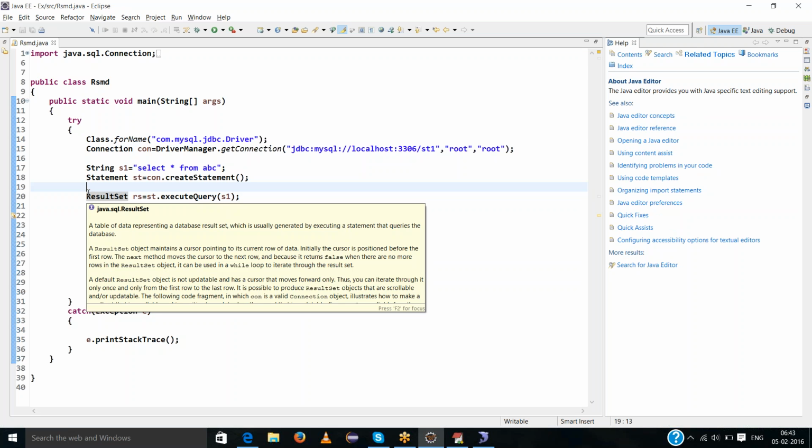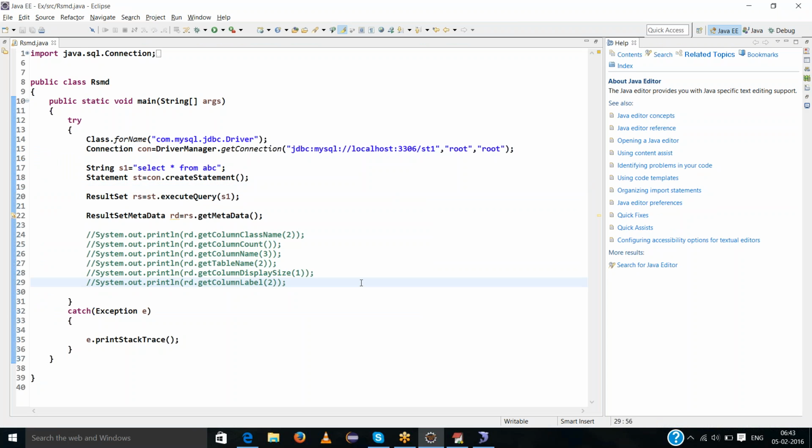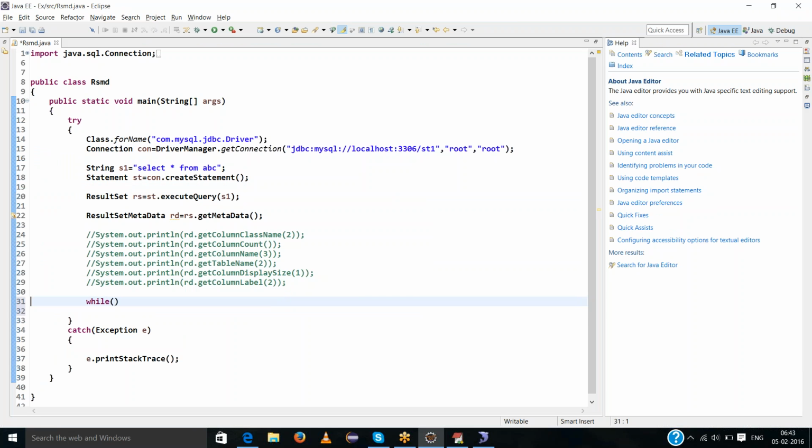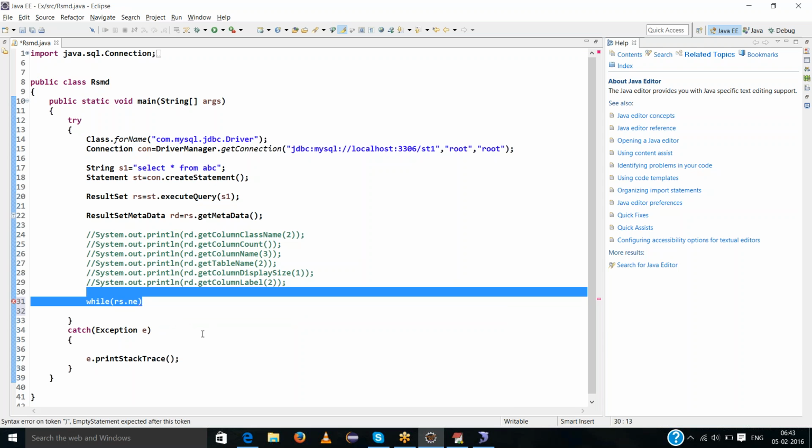Okay, Praveen. In the syntax, ResultSet while rs is equal to, what is the syntax? I will discuss it here, no problem. While rs.next. Here next is the abstract method of which class? Result set interface, and the return type is boolean. Okay, Praveen? Yes. Here next is the abstract method of the result set interface.